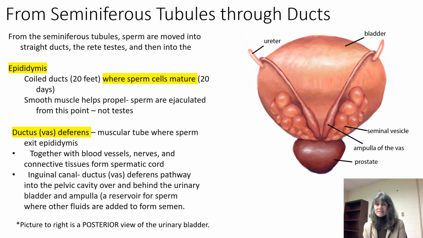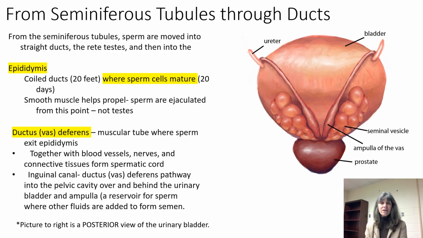From the epididymis, there is a muscular tube that extends away from the epididymis called the ductus deferens or vas deferens, and the vas deferens with blood vessels, nerves, and connective tissues form the spermatic cord, which I showed you in an earlier slide. The inguinal canal provides the pathway for the vas deferens to travel into the pelvic cavity